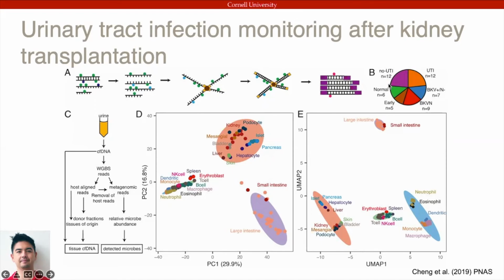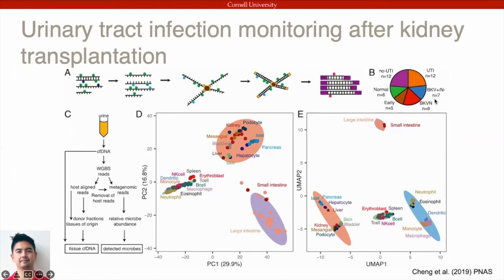In the first were individuals who did not develop a UTI after kidney transplantation. There was a group who did develop urinary tract infections, and there was a group of individuals that had infection with BK polyomavirus. Within these, we had some that had biopsies that indicated nephropathy or kidney damage, and this is